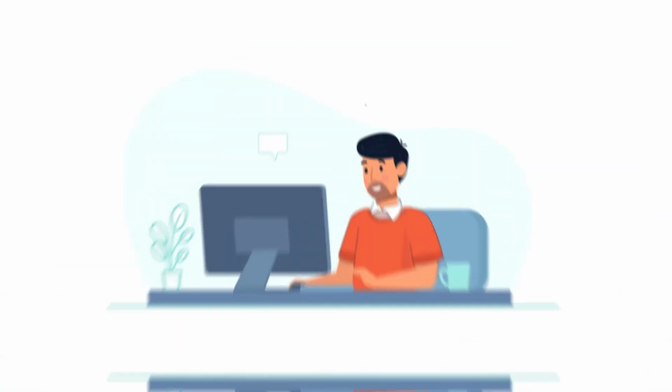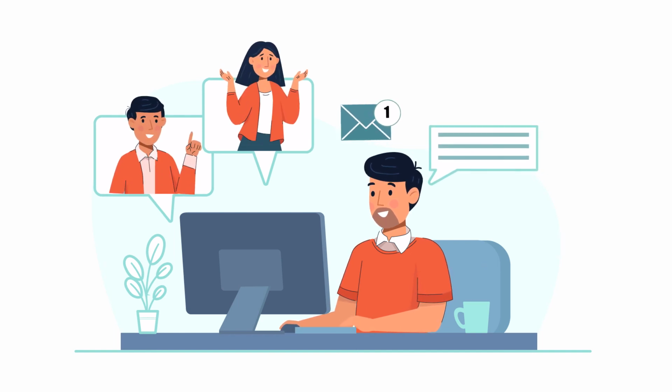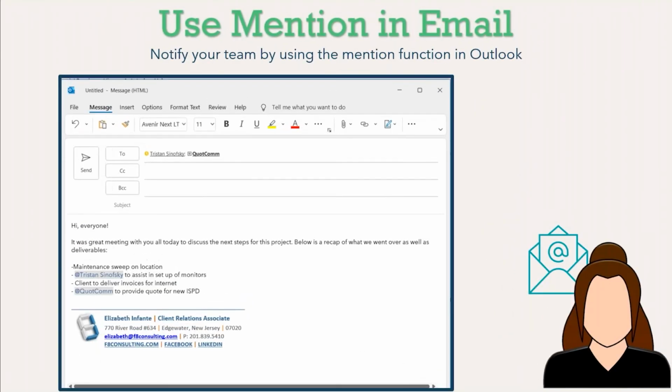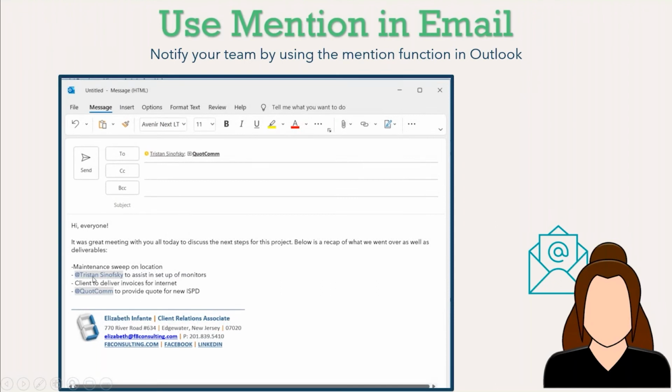This is really, really great for those of us who, I know I've done this, are talking about someone in an email who probably needs to be notified, but we put them in the email, but we don't send it to them, or we don't CC them on it. We can avoid that by just using the app function in email now. So if you look here, I have Tristan in here. I have quotes in here. Maybe we need a quote for something, and neither of them are in the email. However, if you just use the app function, it puts them right in